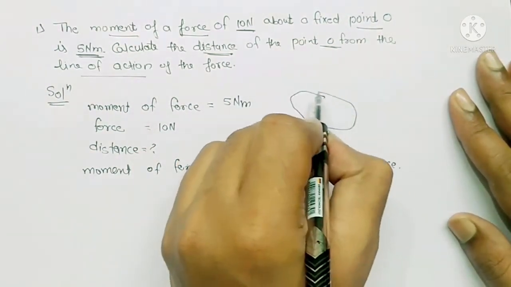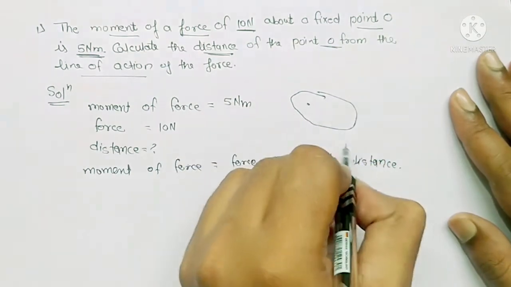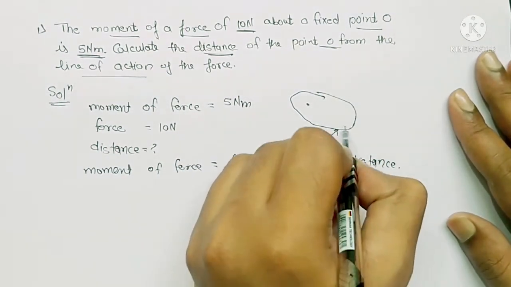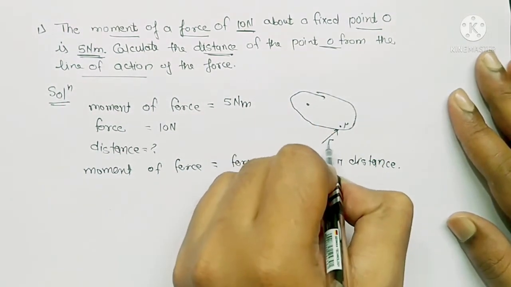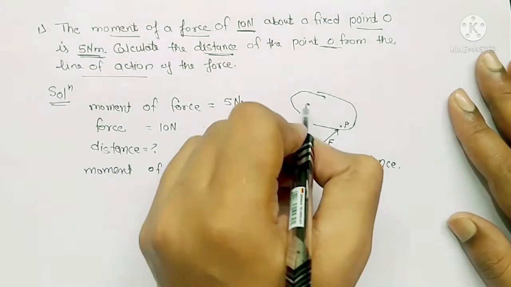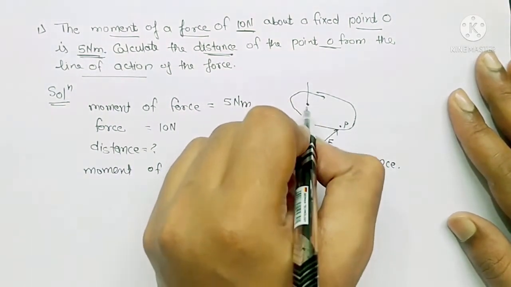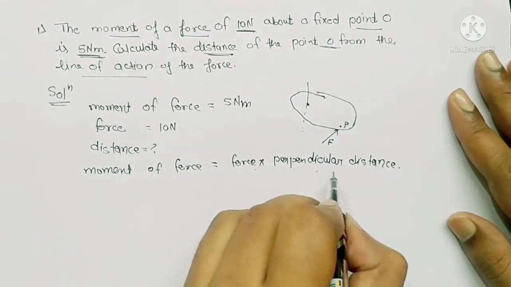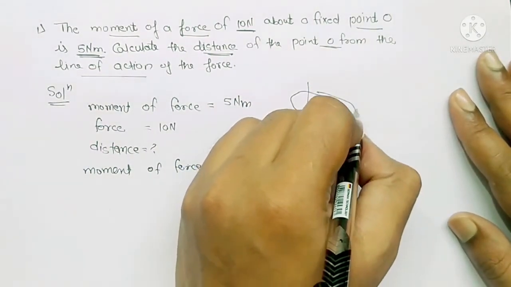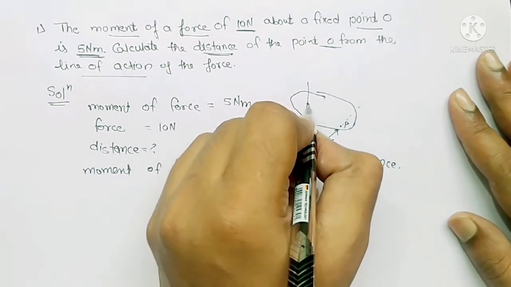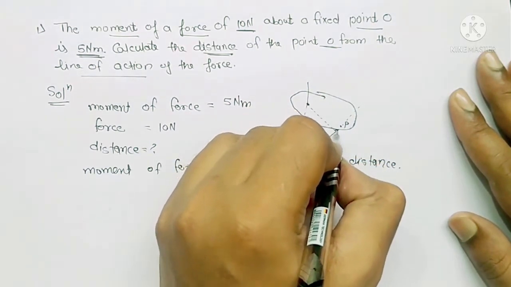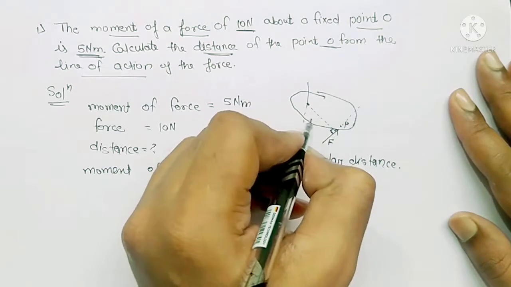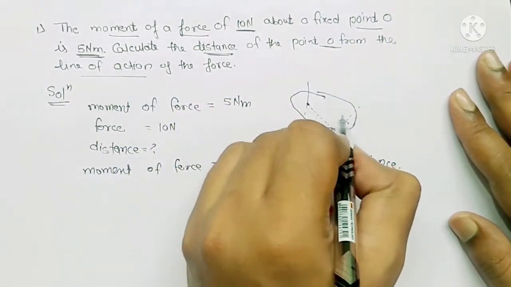Suppose you have an object and you are applying force on this point. Let's say this is a point P and the amount of force is F. So this is the axis of rotation. So what will be the perpendicular distance? See, force is this one and the perpendicular distance will be what? You have to extend these rays and draw the line which is exactly perpendicular to this force. So this is 90 degree now. So the distance will be this one, not this one.